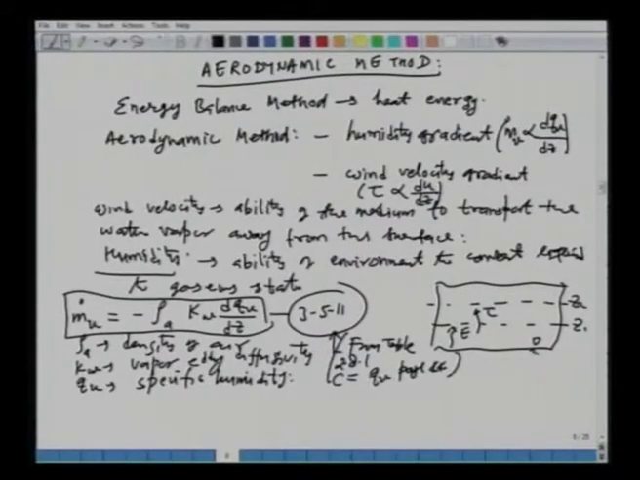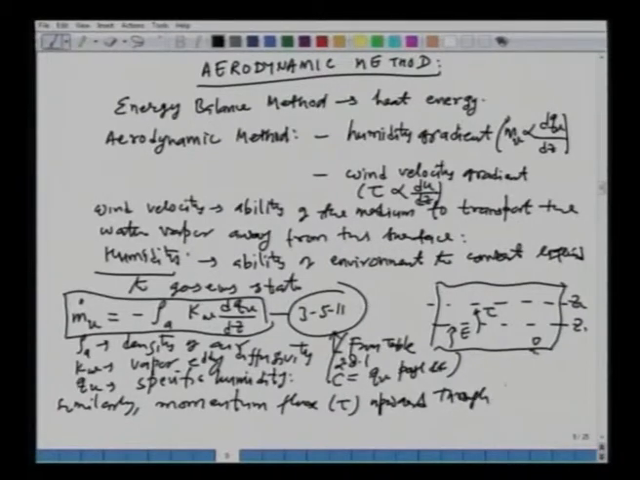Similarly, the momentum flux tau upward through any horizontal plane is given by, let me go to the next page, tau is equal to rho a Km du over dz. We already said that tau is directly proportional to du/dz,